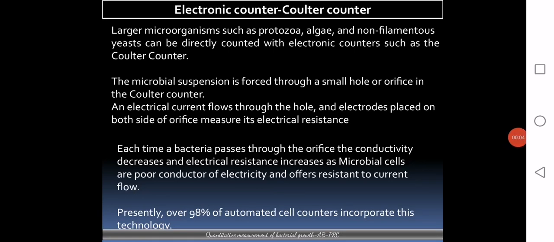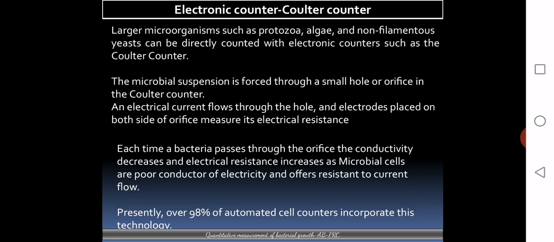Electronic counters. This is another method under cell number. This will give you a direct count, and an example here we will discuss is the Coulter counter. The basic principle for any automated cell counter is that the cell suspension will be forced through a small orifice,